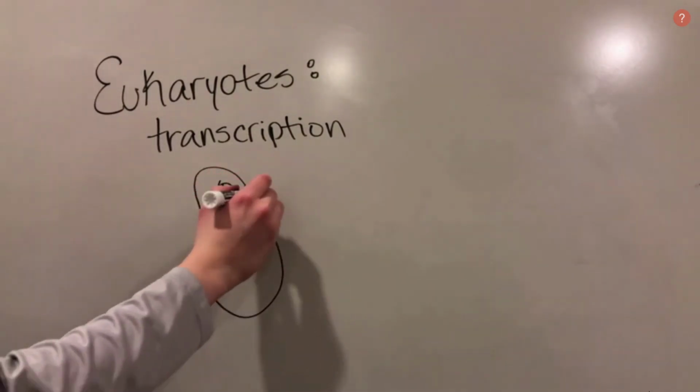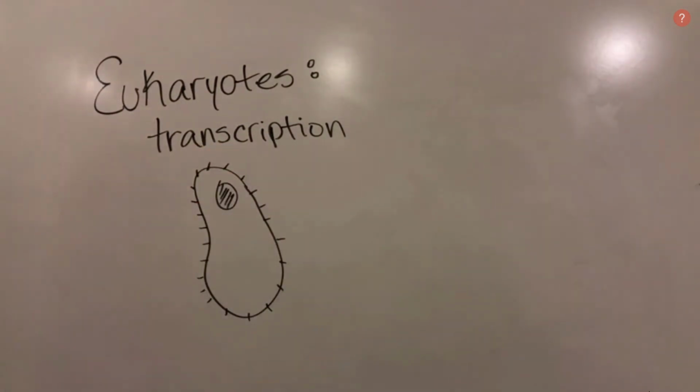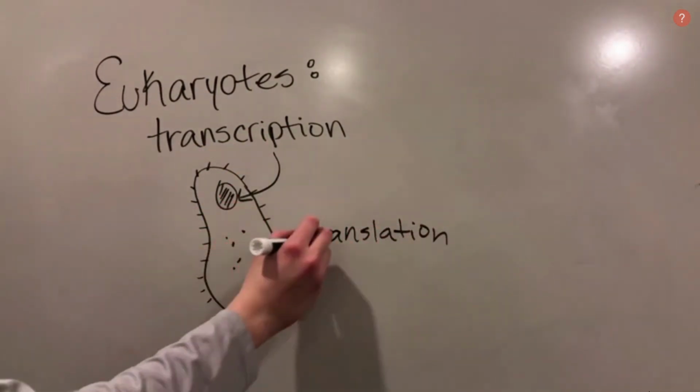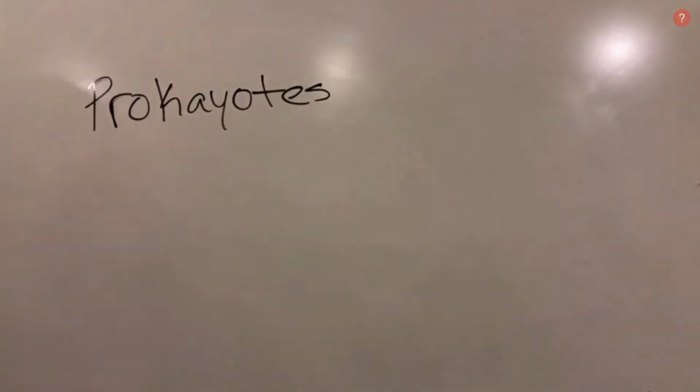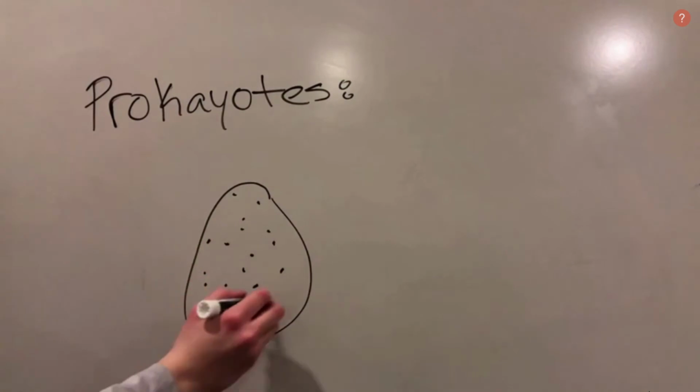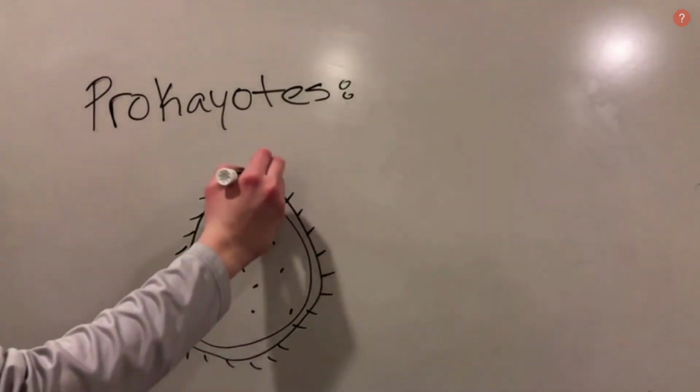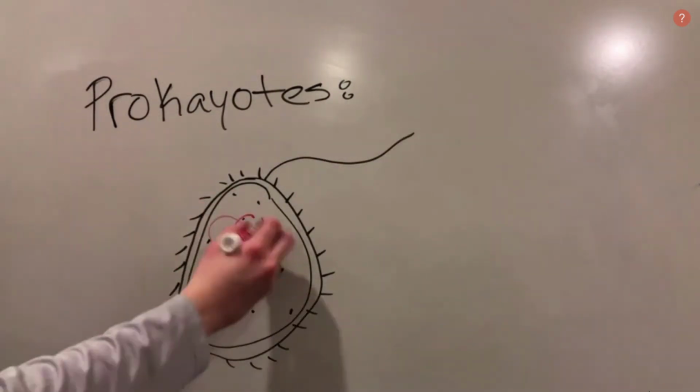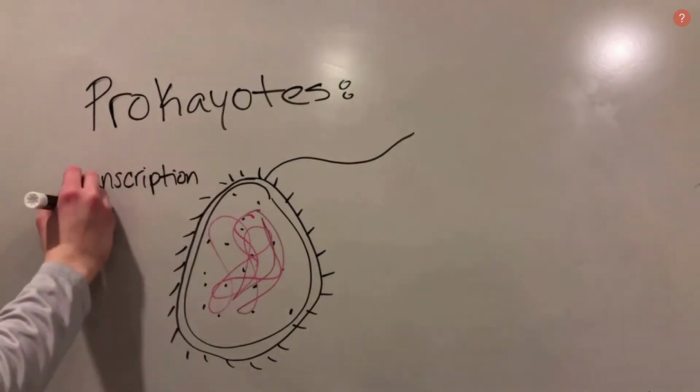In eukaryotic cells, transcription occurs in the nucleus of the cell, while translation occurs in the cytoplasm. In prokaryotic cells, transcription and translation both occur in the cytoplasm. Prokaryotic cells also have no pre-translation